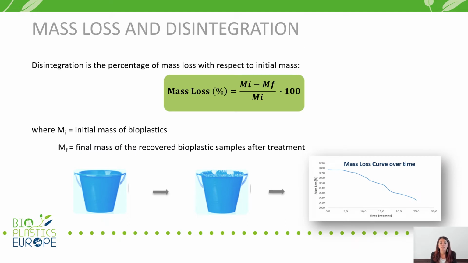This index is the percentage of mass loss with respect to the initial mass, as represented by the specific equation. Mass loss of samples determined during the testing period is considered as an index of biodegradation. In fact, it is well known that biodegradation is initiated from the outside surface to the inside of a material. For this reason, erosion and perforation increase the speed of degradation because the holes formed accelerate the diffusion of diverse substances and enzymes into the biopolymers.